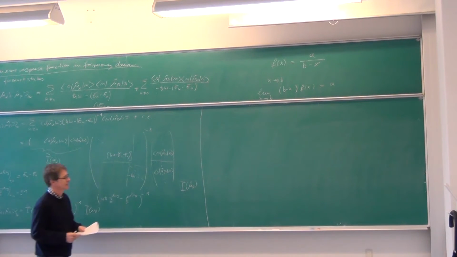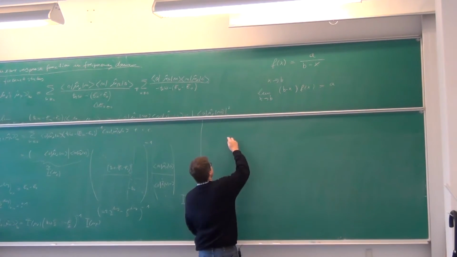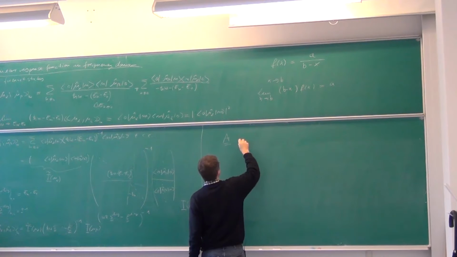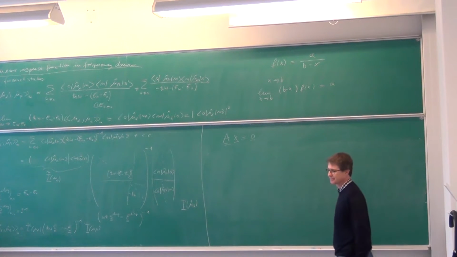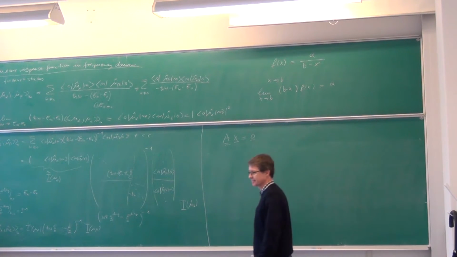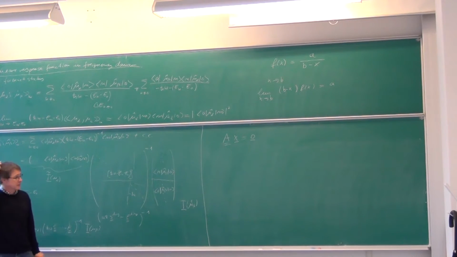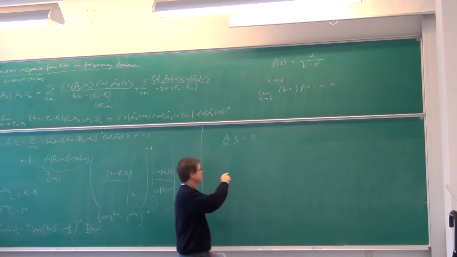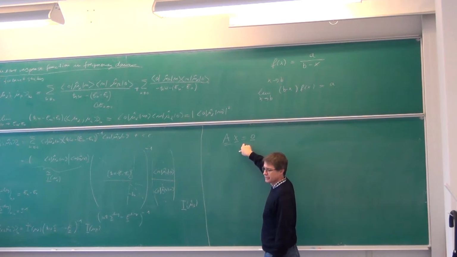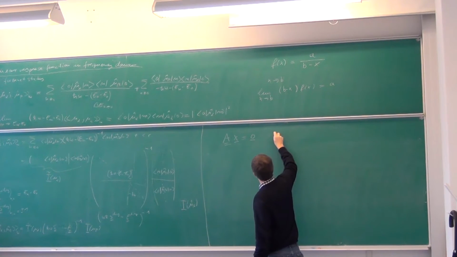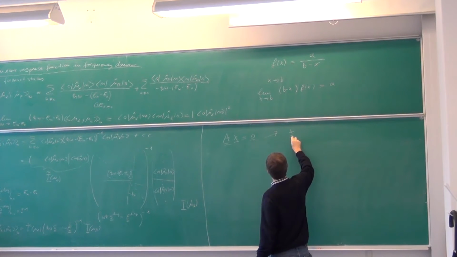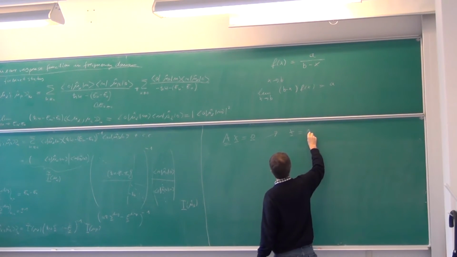If I have a matrix A, a vector x of unknowns, and that's equal to 0, that's homogeneous linear equations. For homogeneous linear equations, in order to have a non-trivial solution, the trivial solution would be the vector x equal to